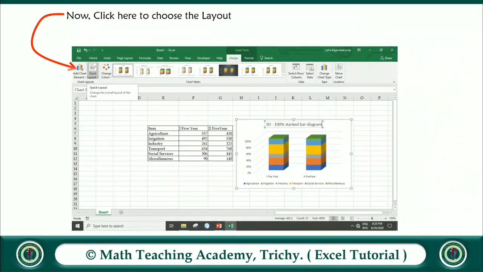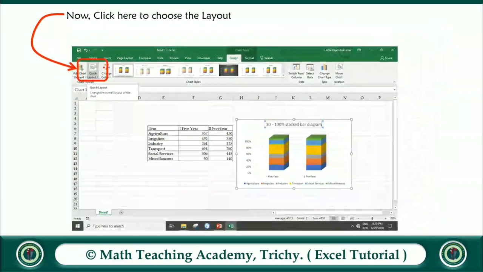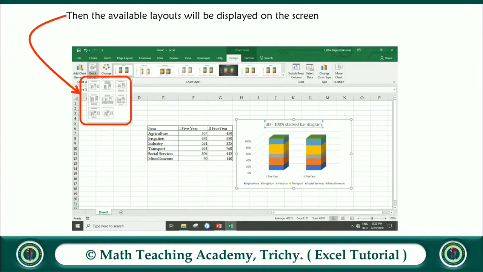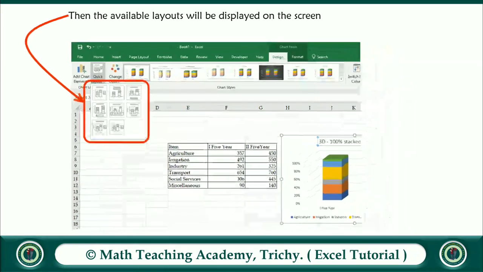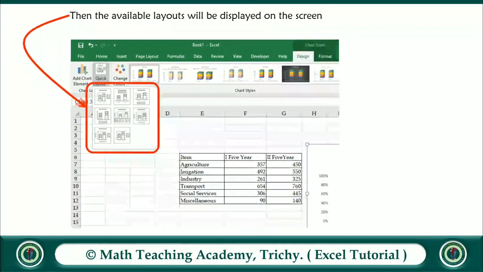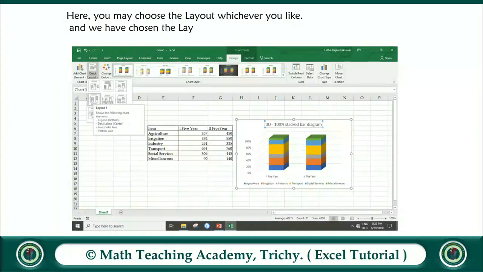Now click here to choose the layout menu. So this is the quick layout. Click here to change the layout of the chart. Then the available layouts will be displayed on the screen. These are all the available layouts. Here you may choose the layout whichever you like, and we have chosen the layout 4.